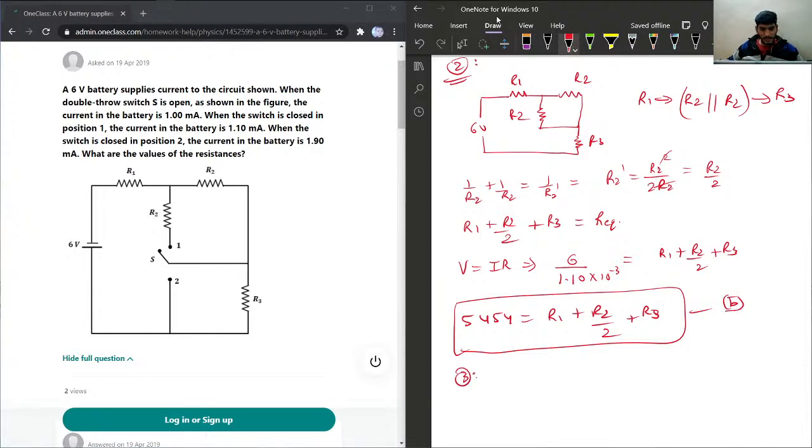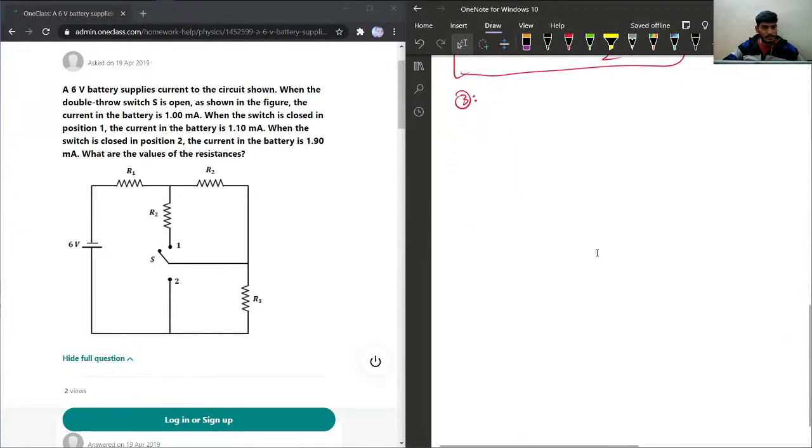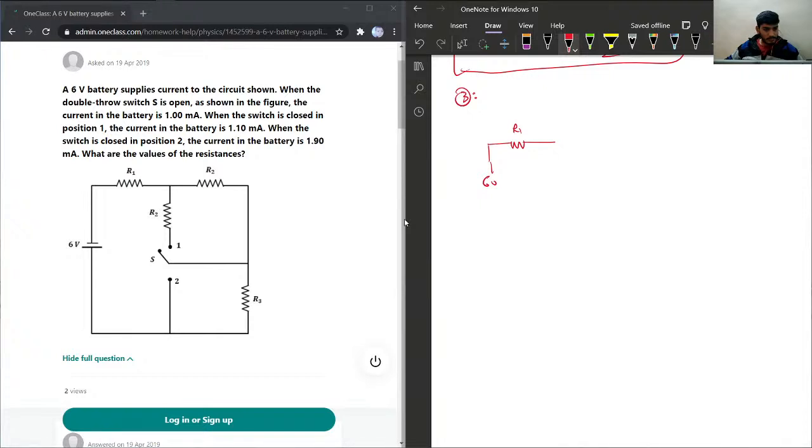And we'll move to the third case. So in the third case, the switch is connected in the 2 position. We have 6 volt here. Current will go from R1 and then, if this switch is connected in this direction, then current will come from here, and it will take the shortest path. So instead of going through the resistor, it will go from this branch. So the circuit will be like R2, then we have this 2, and here this current will not go in this direction because it will take the shortest path. So here we have only R1 and R2 in series. So R equivalent will be R1 plus R2,